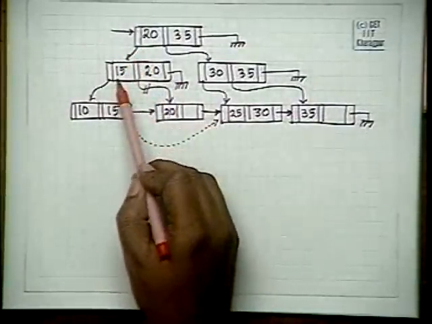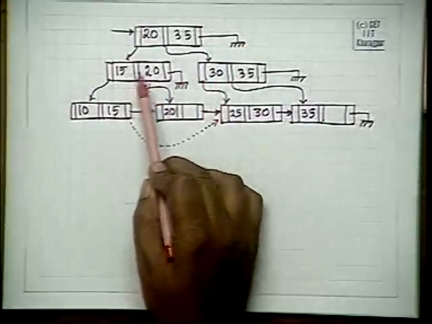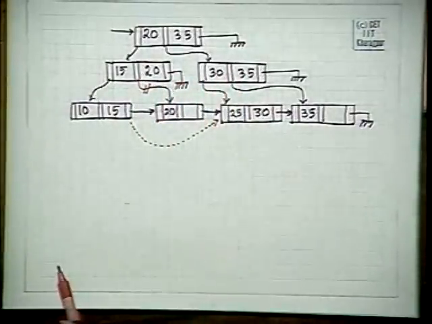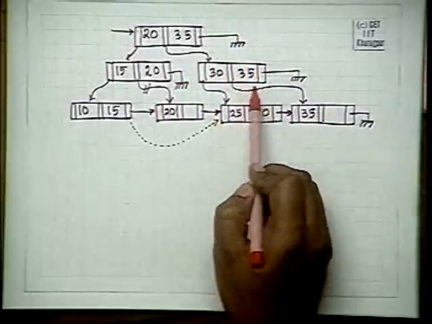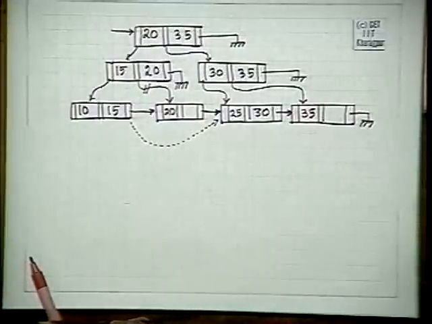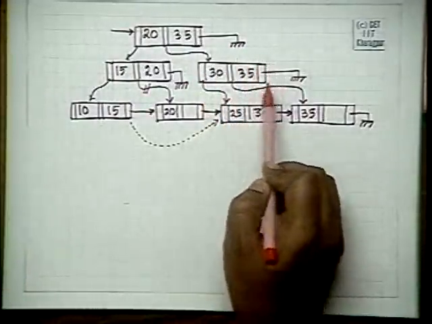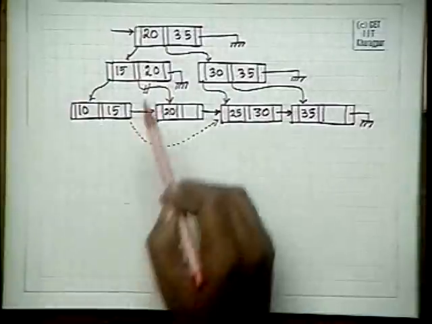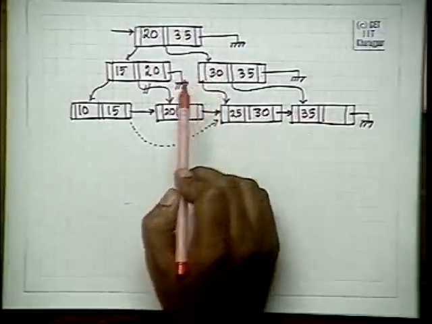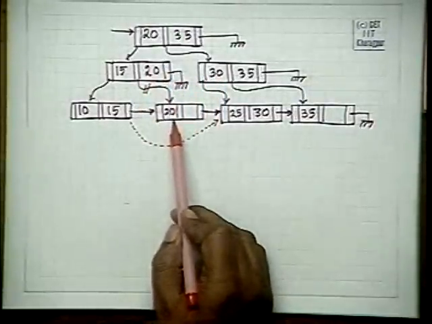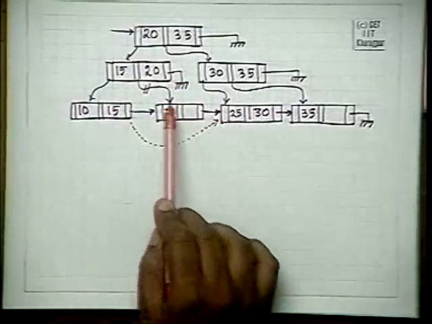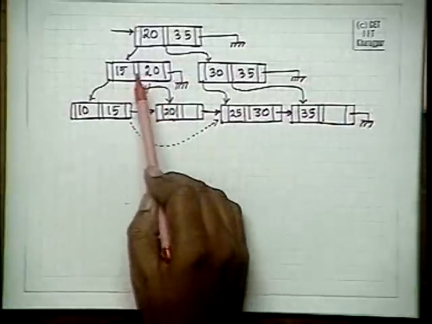But before deleting it from here, I will see it with its neighborhood or brothers. I will see its situation with its brother. Here, its brother is not full. So its brother is not full. So what I can do is, I can push this 15 here. So I have come to a situation, I have deleted this. I know how to delete a leaf node. If a leaf node is null, I go and delete that node, change this pointer, and then delete the pointer